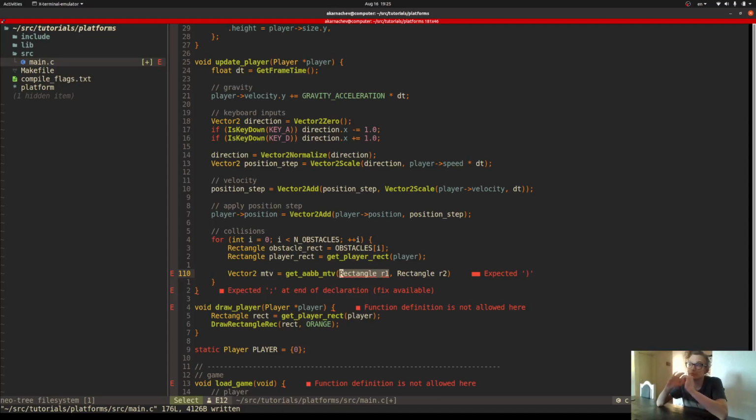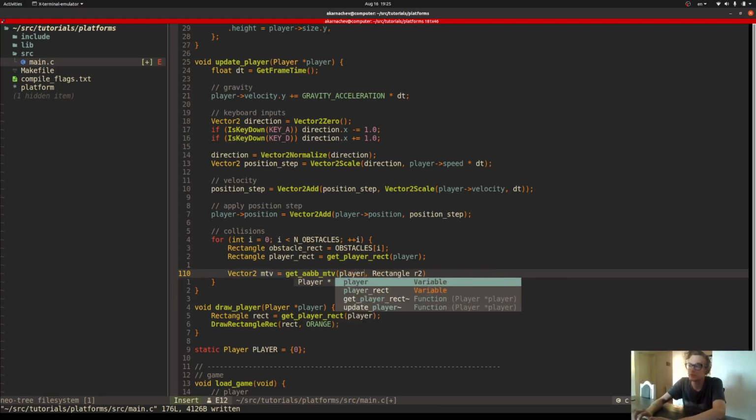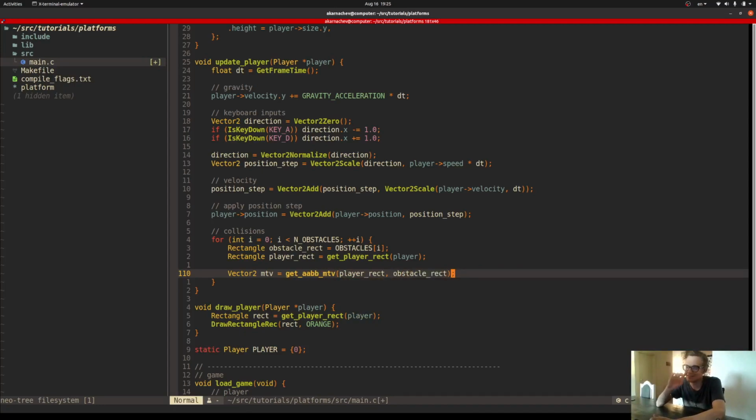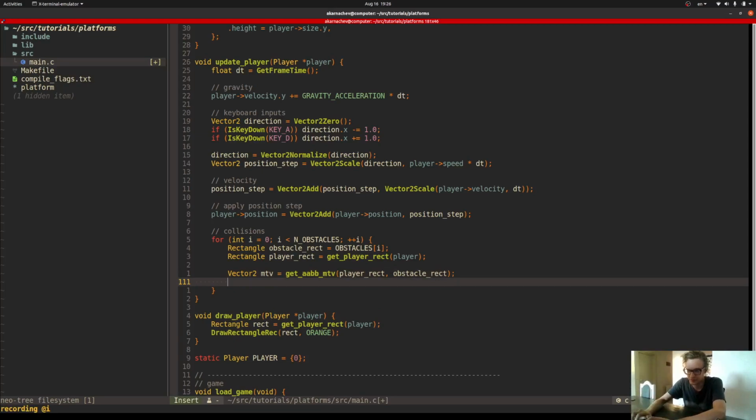So the dynamic one is player rect. And here's obstacle rect. Well, basically it's not a big deal. You can of course swap this like so and apply the inverse MTV to the player rectangle. It will be the same. So I obtain MTV, and let me just simply say that